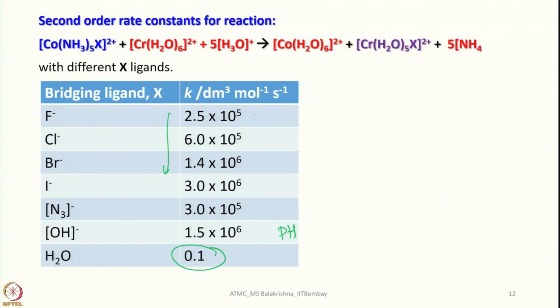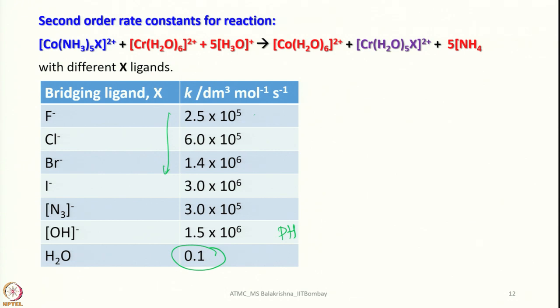centers. And also through the MO diagram, while discussing bonding concepts, I showed you why water, despite having two lone pairs on oxygen, does not act as a bridging ligand and can at most act as a terminal ligand. This is because the second lone pair is deeply buried and you cannot really activate water to make it a bridging ligand unless one OH bond is broken, then it becomes a hydroxy group. As a result, you can see the influence of the non-bridging nature of water resulting in a low rate constant here.